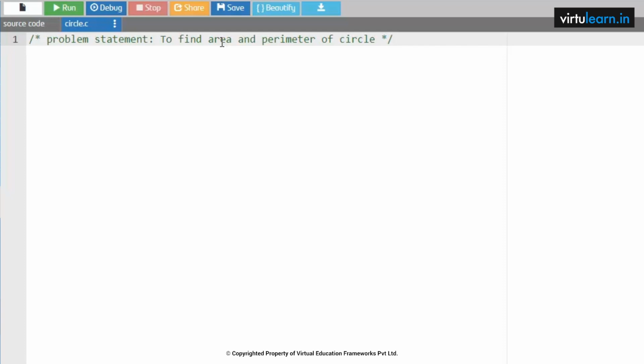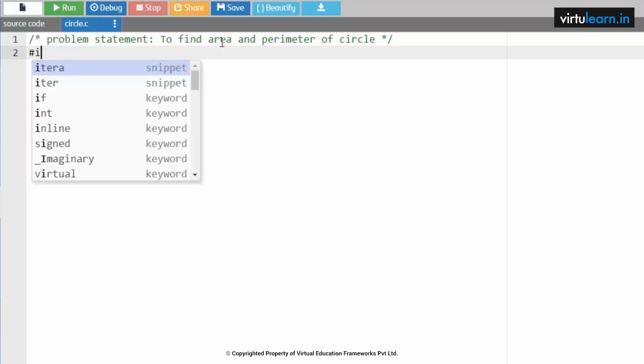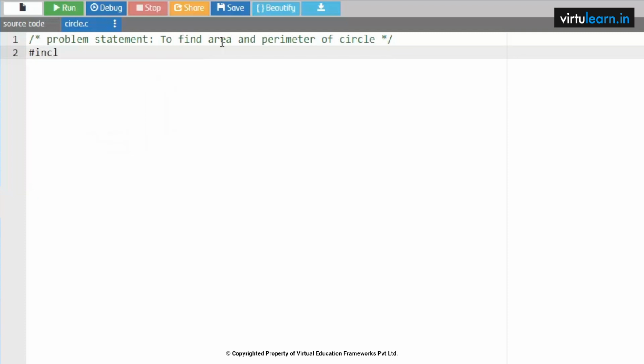As I don't want to take more time, just understand the standard way: we need to give the developer name, organization. Next we need to also give the contact details and the location from where you are working with this program. Next, as part of our C code we have the link section. In the link section we have hash include